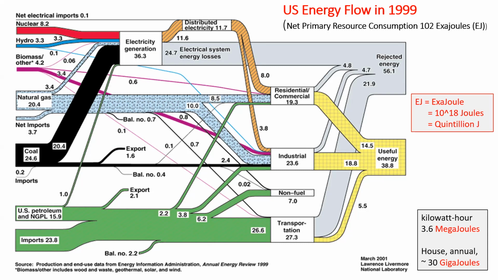So into electrical generation, into residential, commercial, industrial, non-fuel uses, transportation. And one of the things you can appreciate is how much of the energy is waste heat and how much is really useful. Through all of these processes of conversion to take these sources and turn them into useful energy for us in a home or in a car or in a machine, in an industry, we're creating waste heat. And you can see here, we only get about 40% of the energy actually applied.